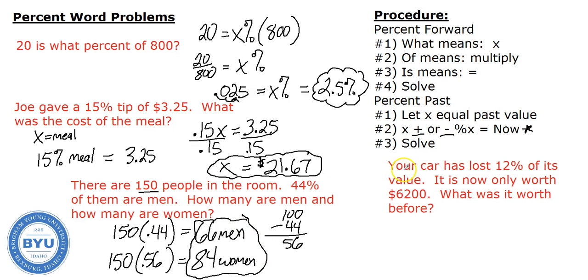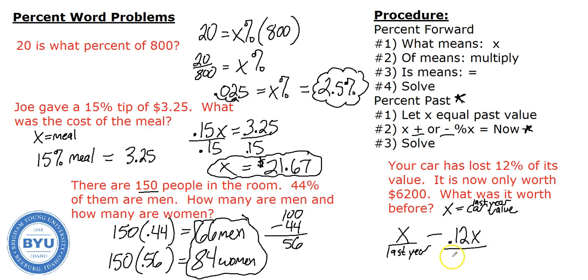Okay, this was a question in the past. Hopefully you used past for this one. We're going to say x equals the car value. I know that it used to be this much. Last year it was x. So again, I'm using x to represent last year's car value. And I know, did it go up or down? Oh, it went down